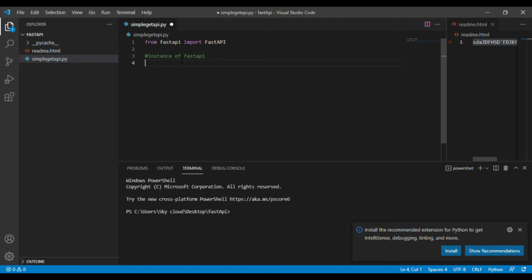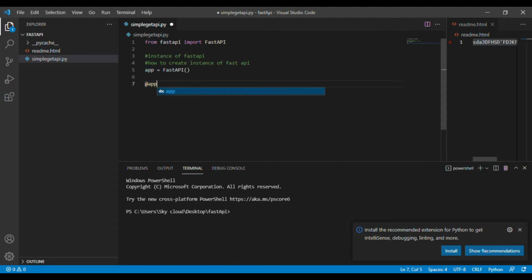So how do we create the instance of FastAPI? We can just write app is equal to FastAPI, the package that we are importing from the FastAPI package. Now we have created an app, an object of this.